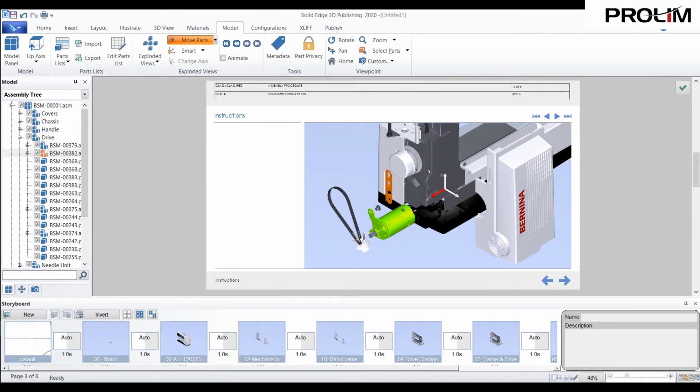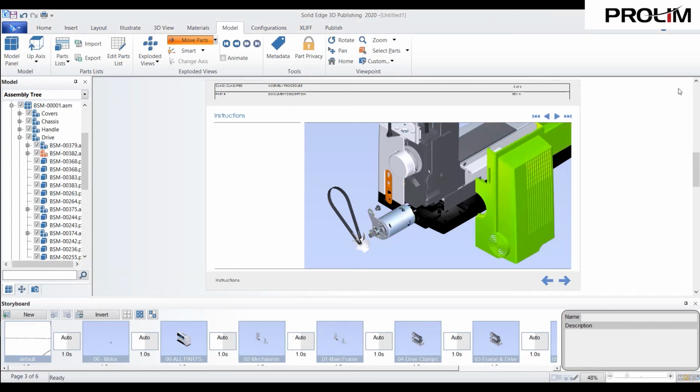You do have a lot of freedom with these exploded views though. If we go up to remove parts and drop that down, we do have the ability to rotate parts, scale parts, radial move parts, right? So it's not necessarily just moving those specific parts, which gives us a lot of freedom using this 3D publishing tool. So since we have this finished, we're just going to go ahead and close the editor once again,